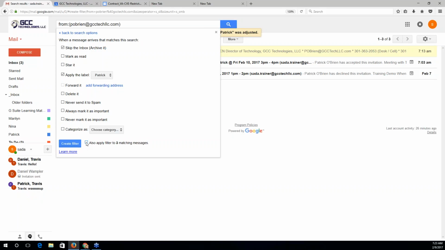Last but not least, as you set up your filters, do know that this is probably the most important box that you can check, because for those of you with months and years of historical mail, Google is going to look through your mail, so your inbox, all of your labels, and all mail, basically everything but trash and spam, in order to find messages that match your criteria to which it could apply your actions. So Google's already found 3 matching messages from Patrick, and it's offering to move them out of my inbox and into the brand new Patrick label. So that would be great. I'll hit Create Filter.